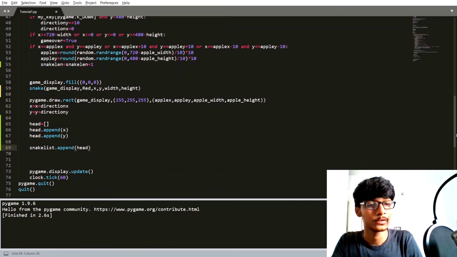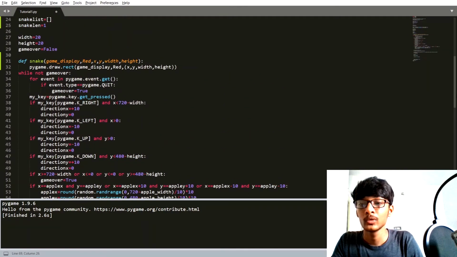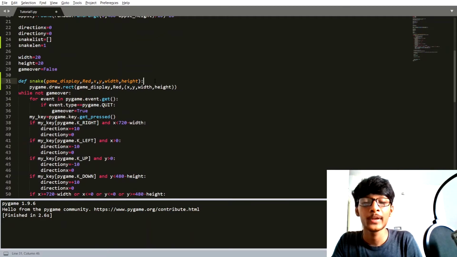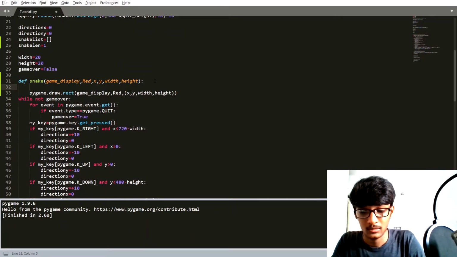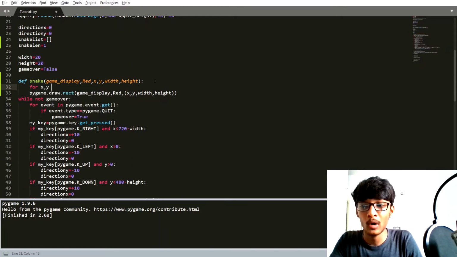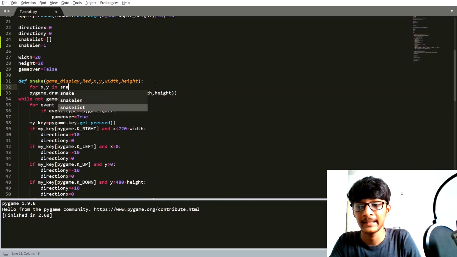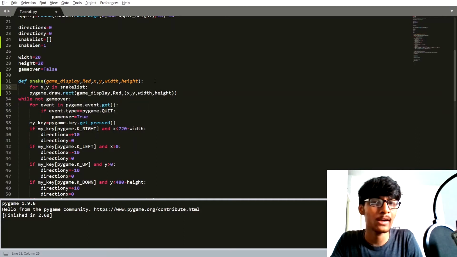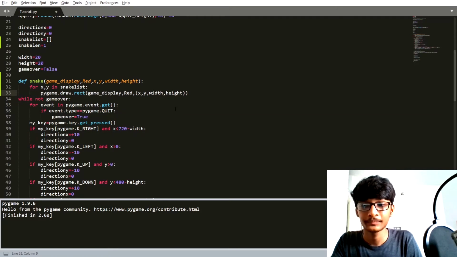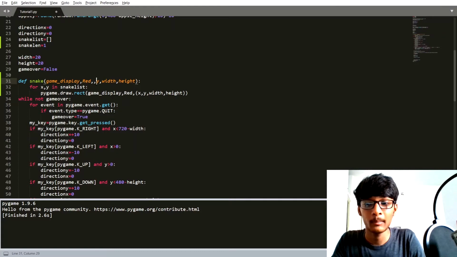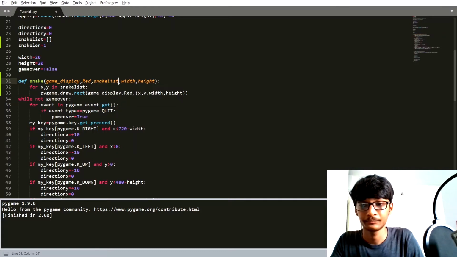Now we are going to use a for loop inside our snake function. So for x coordinate and y coordinate in our snake list, and just give some indentation here. Now we don't need x and y here, so we can simply pass snake list.